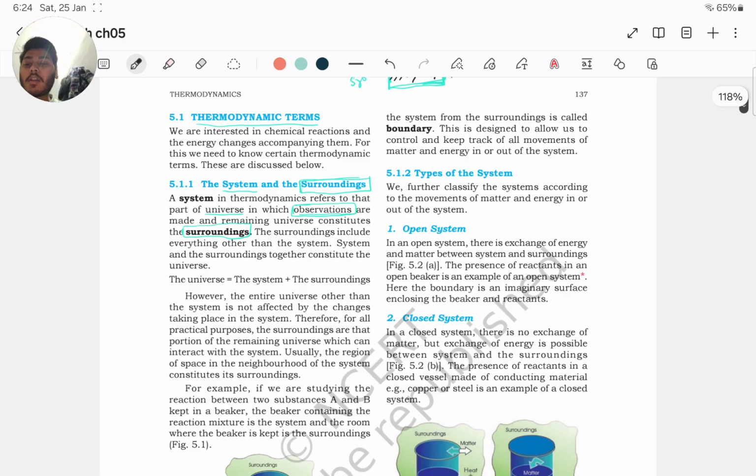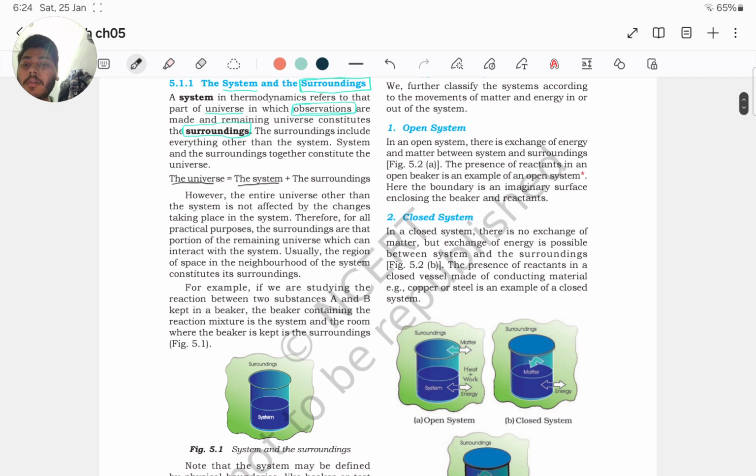Likewise, the universe is a combined form, a mix of system and surrounding. However, the entire universe other than the system is not affected by the changes taking place in the system. Therefore, all the particles of the surrounding are that portion of the remaining universe which can interact with